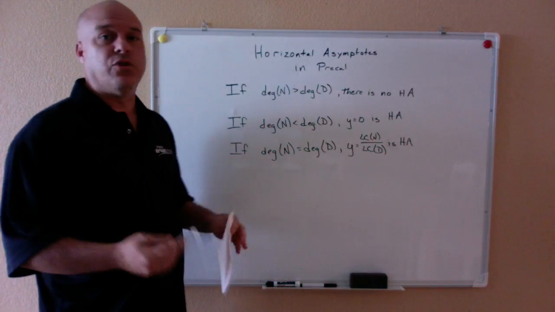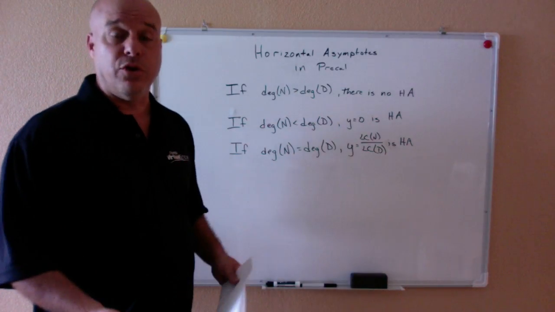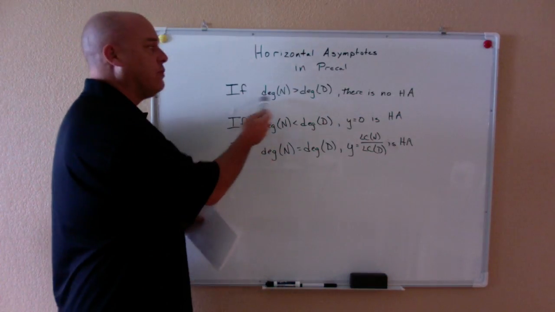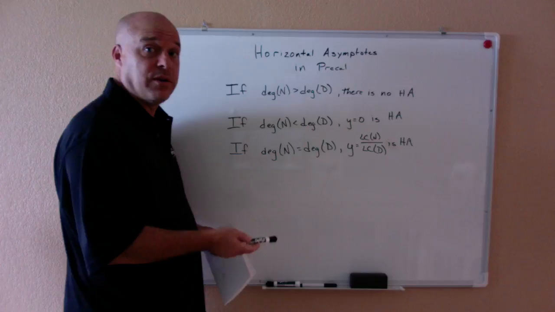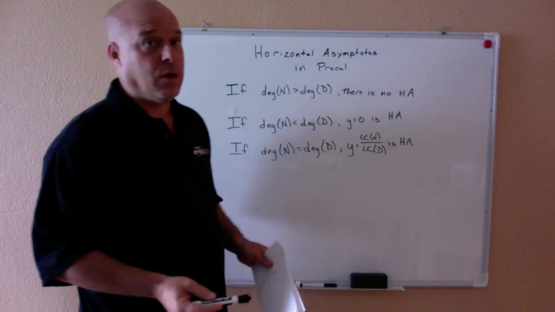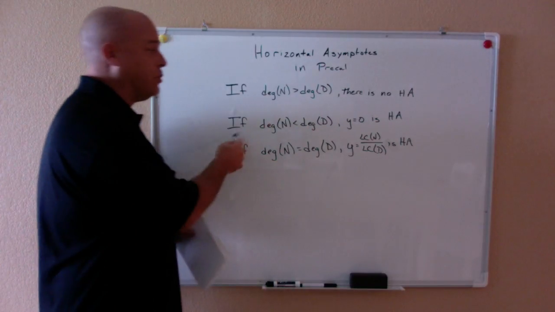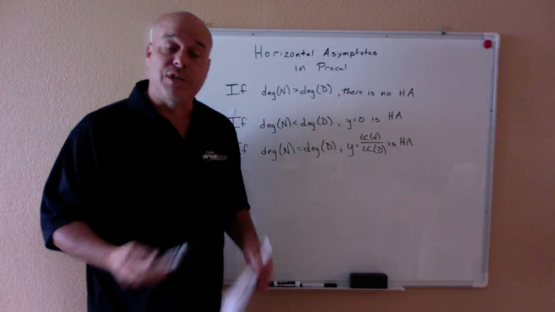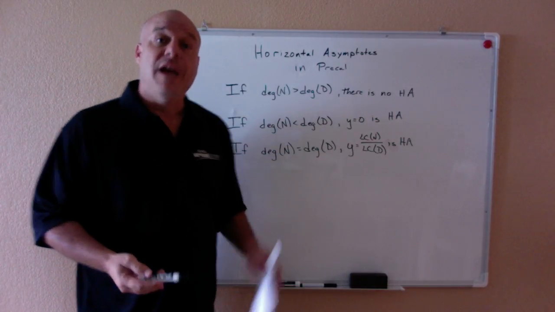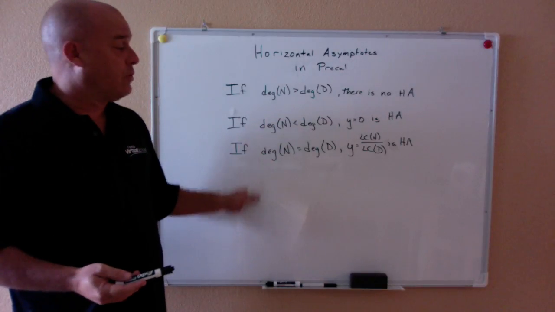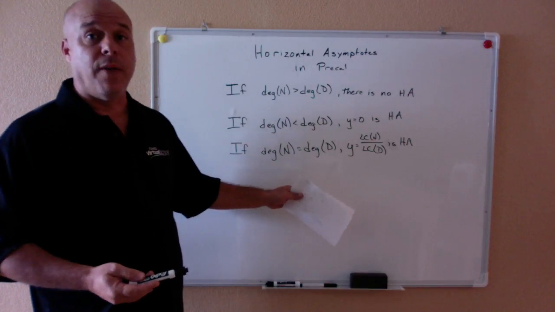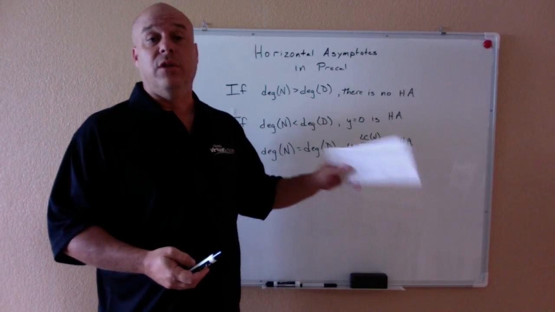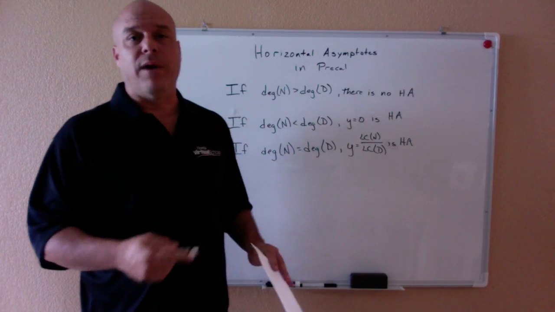we were looking at the degree of the denominator versus the degree of the numerator, and we basically just threw out there and told you, look, if the degree of the numerator is greater than the degree of the denominator, then there's not going to be a horizontal asymptote. And if the degree of the numerator is less than the degree of the denominator, then y equals 0 is the horizontal asymptote. And if they're equal to each other, then the horizontal asymptote is the leading coefficient of the numerator divided by the leading coefficient